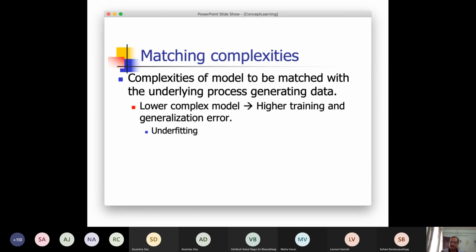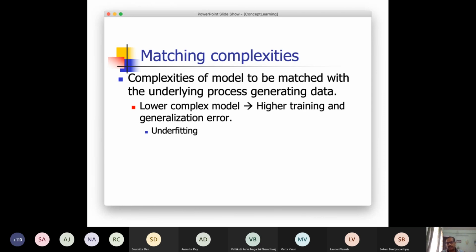Anyway, the situation when it happens, we call it underfitting. We have chosen a model whose complexity is lower, so you need a more powerful model. Suppose you are using only the linear form in your model for predicting the output given the input variable. That is less powerful than if you use a polynomial of degree 2, right? And if the process itself requires that kind of relationship,